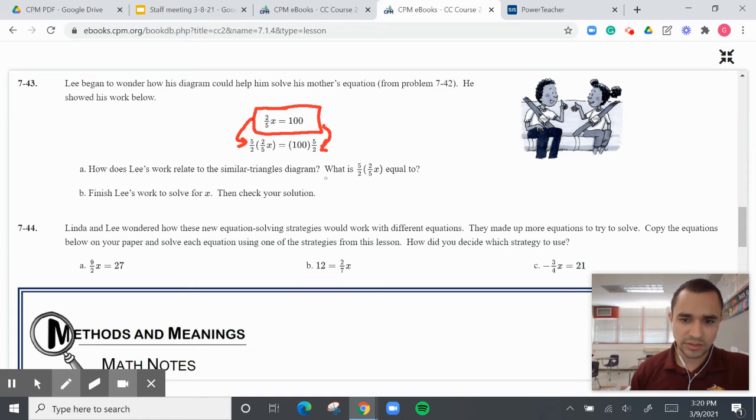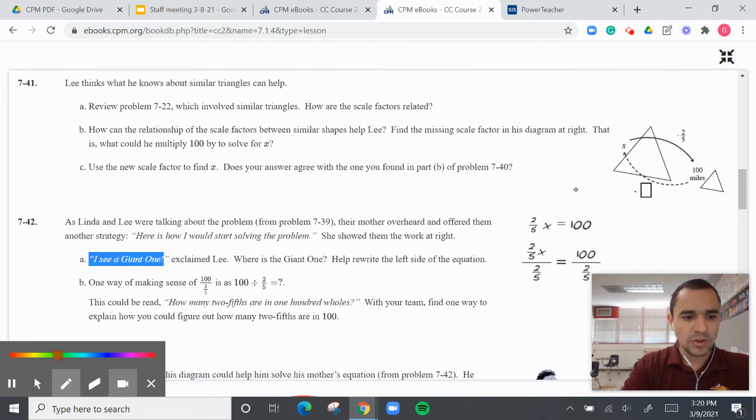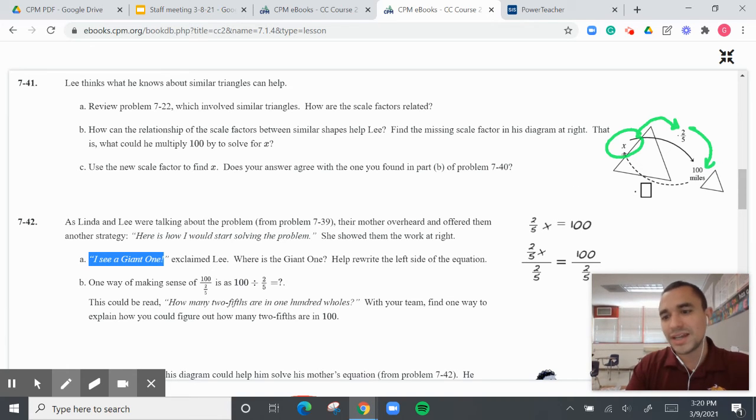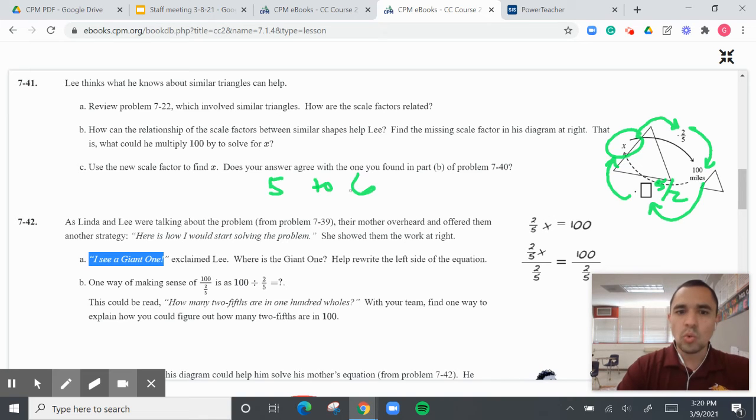So basically, the similar triangles diagram above is saying that when I go from x to 2/5, I get 100. Well, I don't know what x is, but you can work backwards, like a circle. So I do 100 times 5 halves, and you do the reciprocal to get to x. Now, you're probably wondering how that makes sense, but it's like saying if I go from 5 to 6 and I have to multiply, what would I multiply 5 by to get to 6? Well, I would multiply 5 times